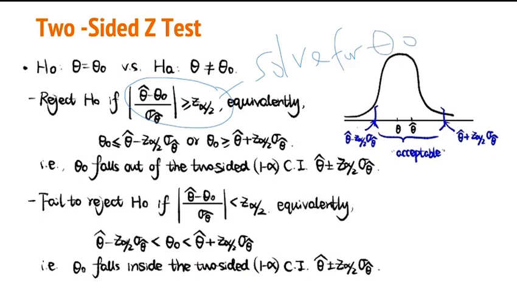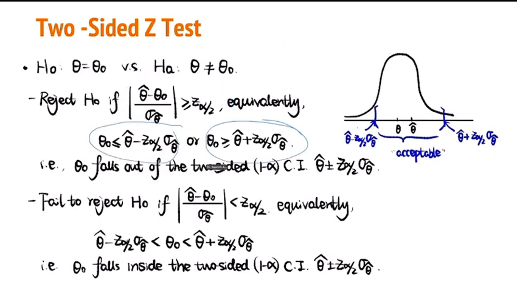Okay, solving for theta naught, this is what we're going to get. Of course, right from here, don't forget you have the absolute value of x, for instance. The absolute value of x could be negative x or positive x, so if you want to remove the absolute value, what you have inside could be a negative x or a positive x. So now when you take a look at this guy,